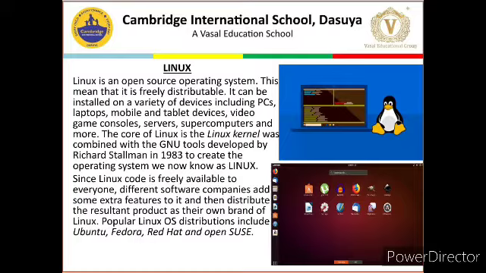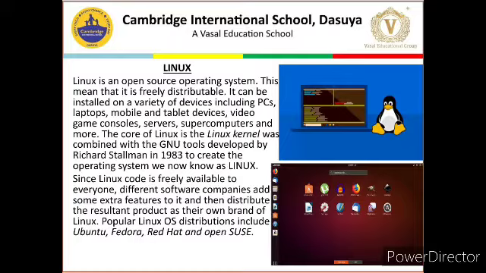The core of Linux is the Linux kernel, which was combined with the GNU tools developed by Richard Stallman in 1983 to create the operating system we now know as Linux.